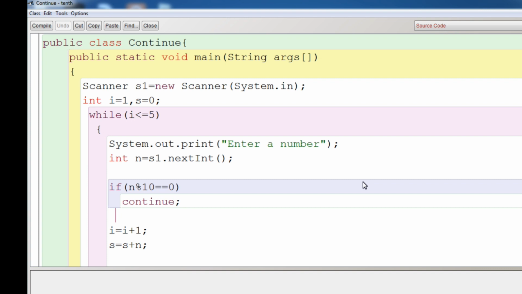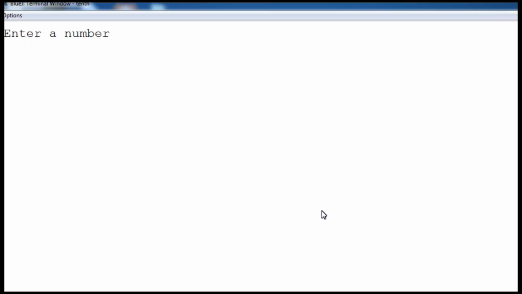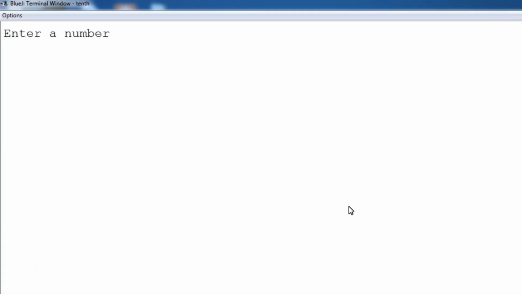I can further show its execution to make it more clear to you. Here I am entering the numbers. Supposing I enter 5. After that I am entering 2, then I am entering 20. Mind you, 20 is ending with a 0.